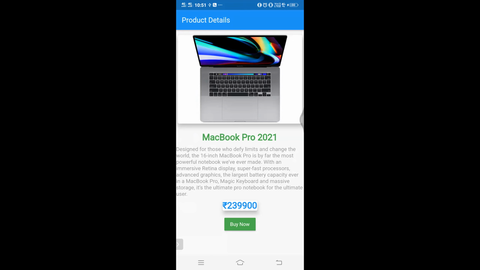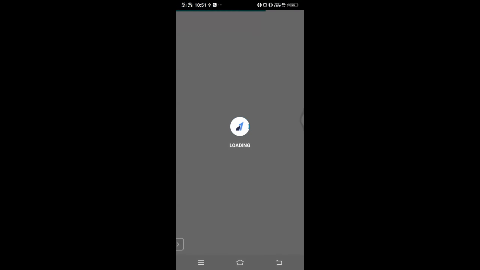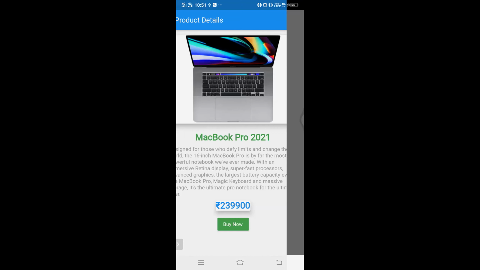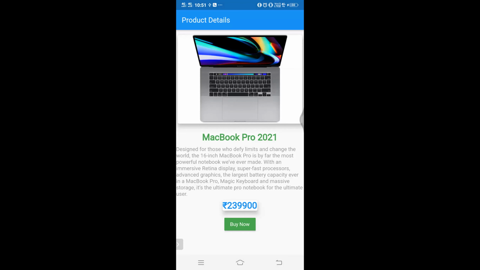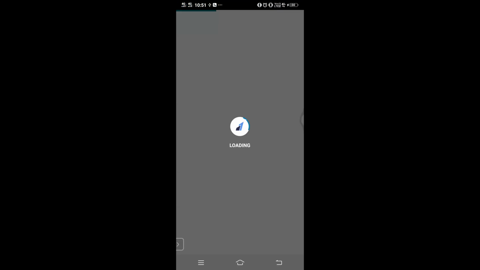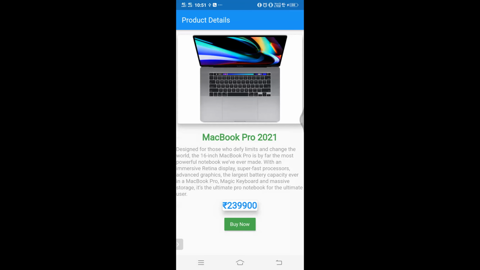Can you see my screen? Yes, we can. This is my mobile screen. If I click on buy now, this is basically the Razorpay dashboard. What happened?